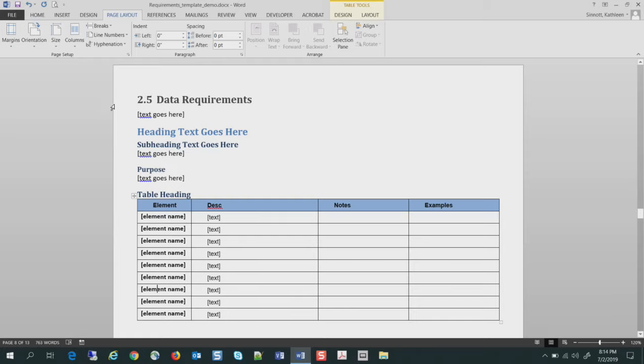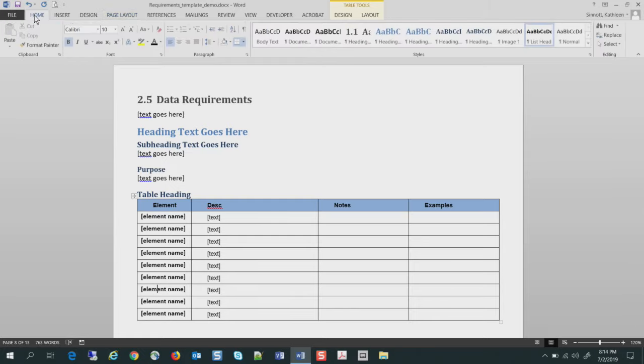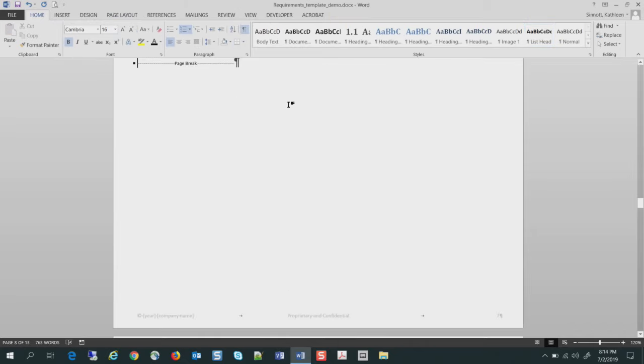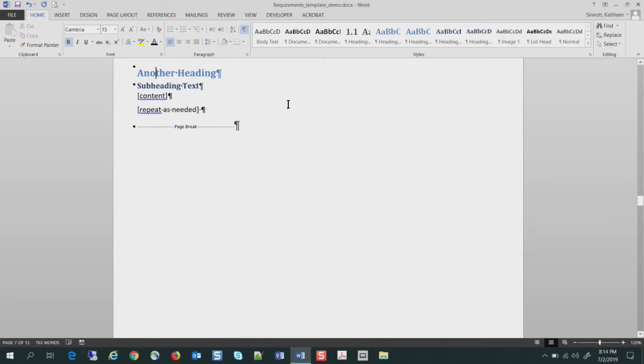Now, just for reference, if we go back here and do the previous tip of turning that on, when you go up, you can see where that page break is. So this is really handy if you're starting to work with these kind of things, so you want to control, like if you want to make sure that you're putting something before it, or if you wanted to put something after it,